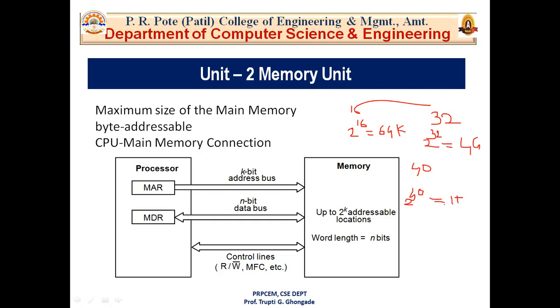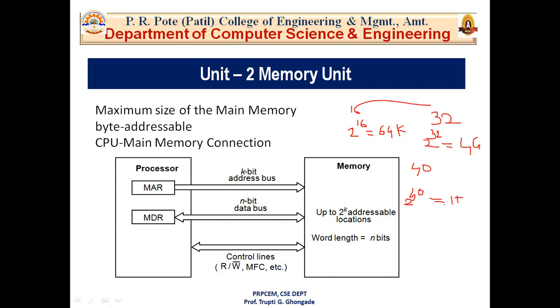Now let's see what is the function of memory. We have already discussed the function of the processor, the function of memory, and the function of the input unit and output unit. So what is the function of memory? Memory is usually designed to store data and to retrieve data. Also to store programs or instructions and to retrieve programs or instructions in word length quantity.